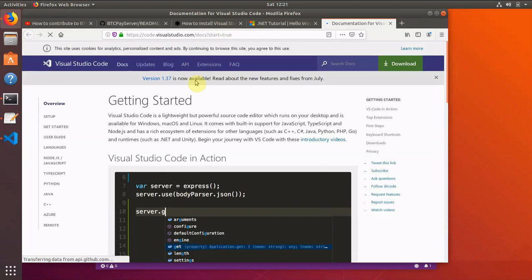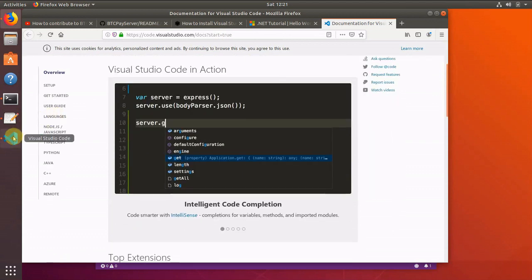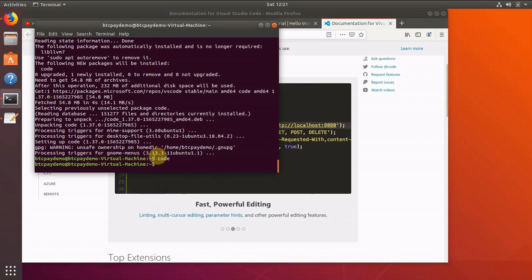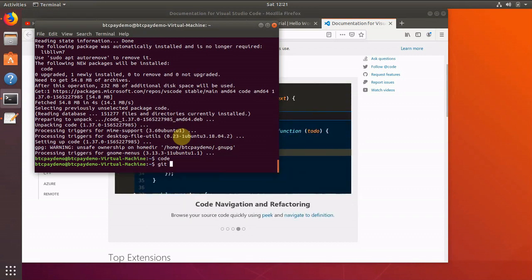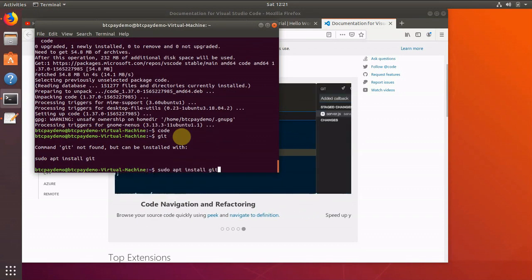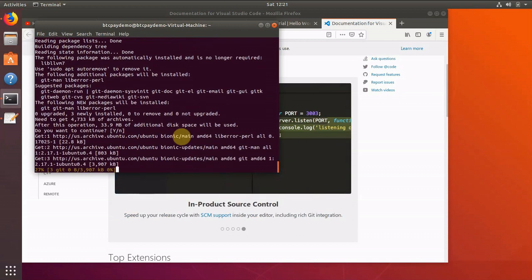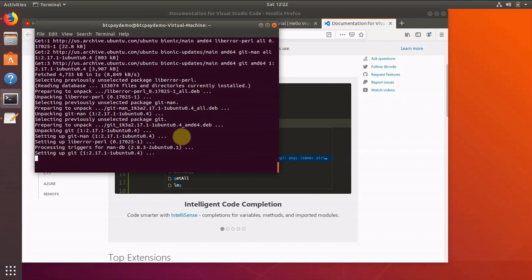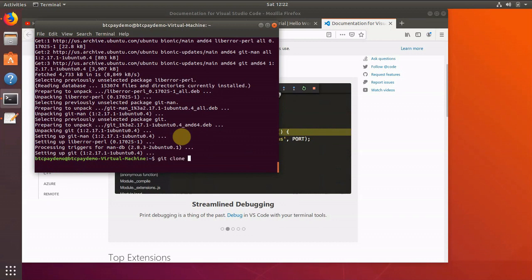Because this is a Rockstar guide, we can do a standard hello world, but we'll need to have a Rockstar code base, and what better code base than BTCPay Server, right? But in order to download the BTCPay Server code base, we'll need Git, and that should finish pretty quickly, so that we can do git clone